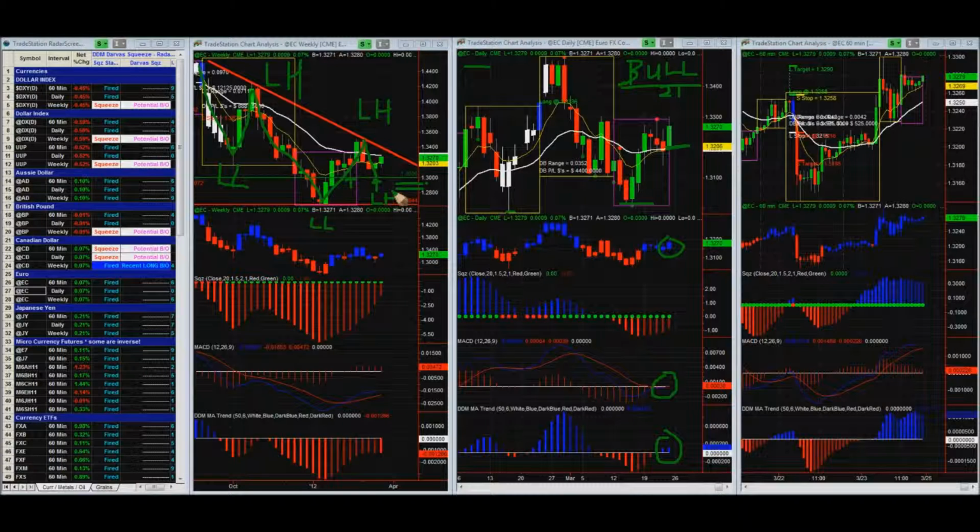Okay, it looks like a potential lower high. Now, I thought we were going to get something going to the upside here, but this is a pattern that I see often where you get one close above a key 21 period, let's say moving average, on any chart time frame, and then it pulls back down, puts in a lower high, and then it blasts off. It's kind of like it puts in a stair step and that energy to jump off that stair and push